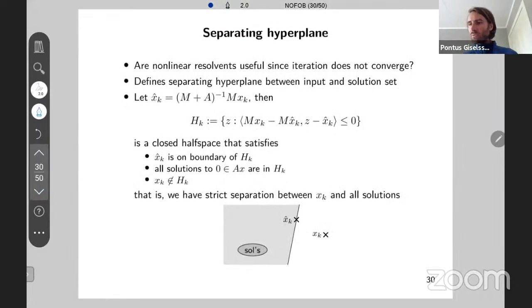All right. So with that said, we know that we cannot just iterate this nonlinear resolvent and expect to have convergence, as opposed to with the other methods. So is it useful at all? One key feature is that it defines a separating hyperplane between the point where we apply the nonlinear resolvent and the solution set. So if we define x hat k to be the output of this nonlinear resolvent, and then based